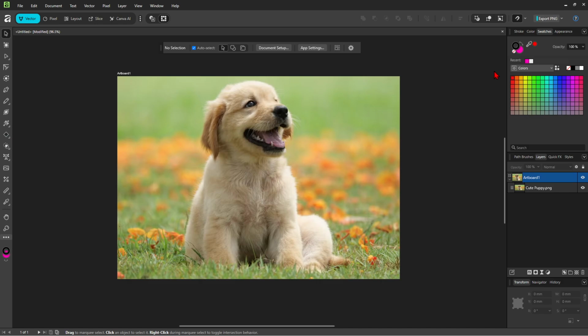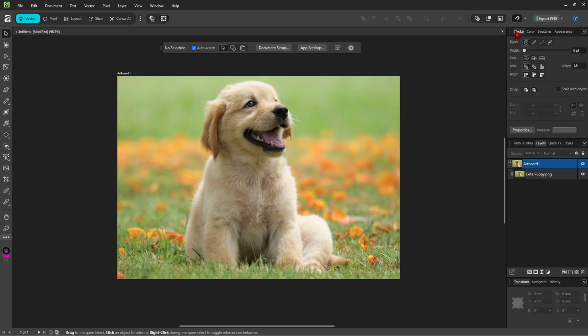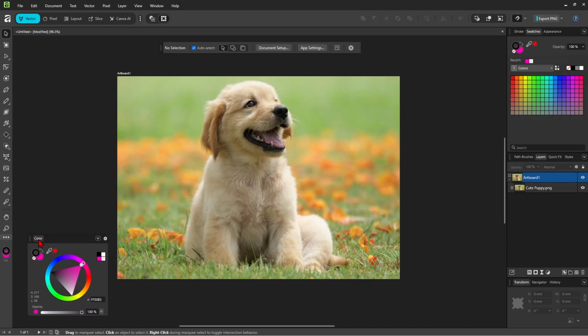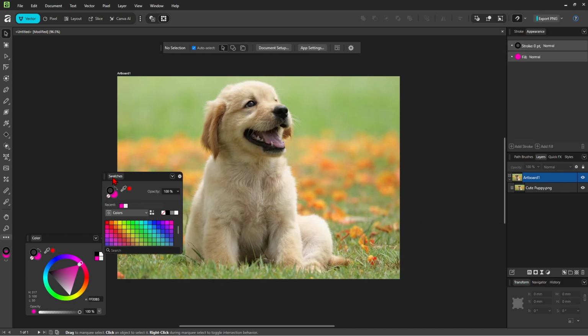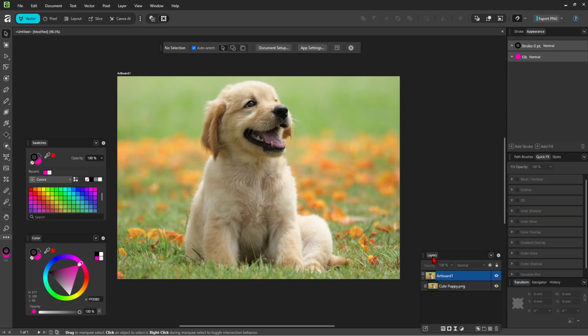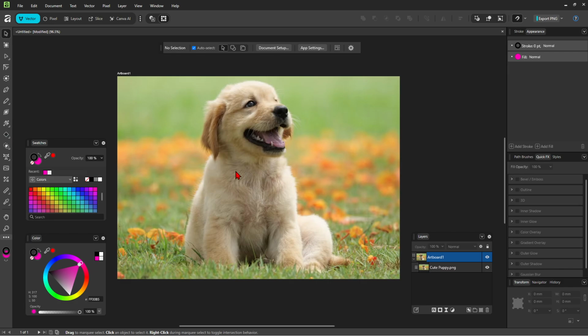Okay, so what we can do is, if we want to muck around with our presets or our panels, we can go ahead and drag and drop these little tabs around. Basically, click and hold down that tab and move it to a spot on your artboard, like so. If I want to put my swatches over here, and say layers on the right-hand side, this just makes it a bit easier while you're working on your